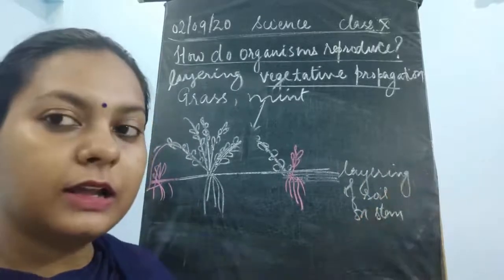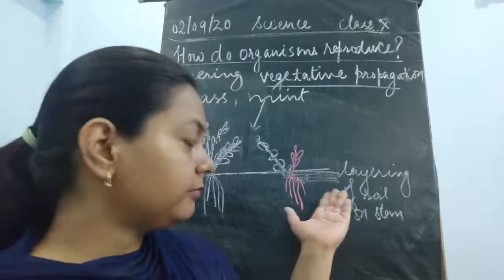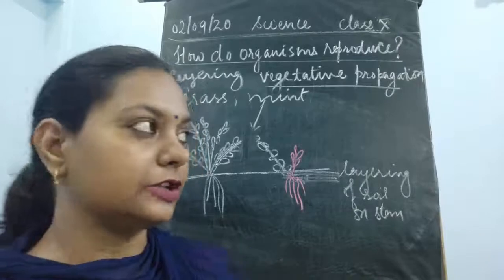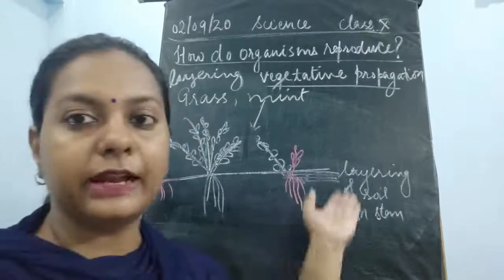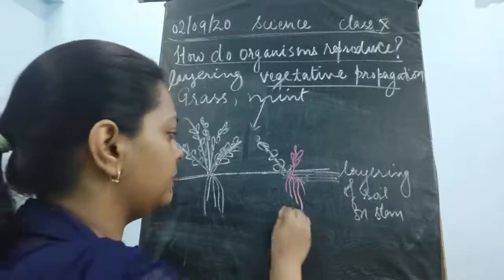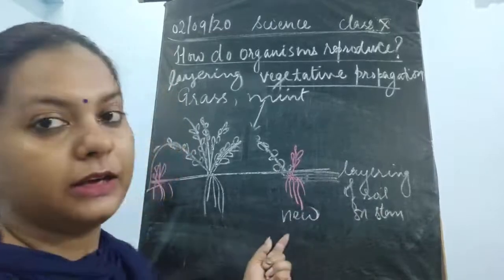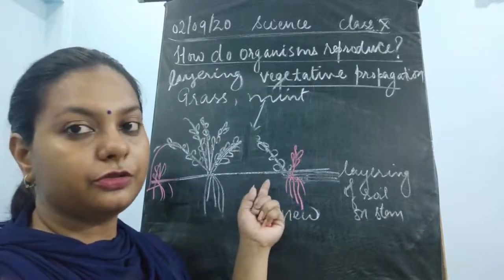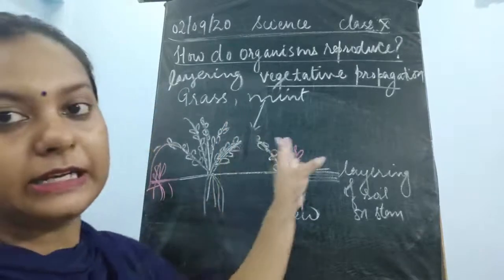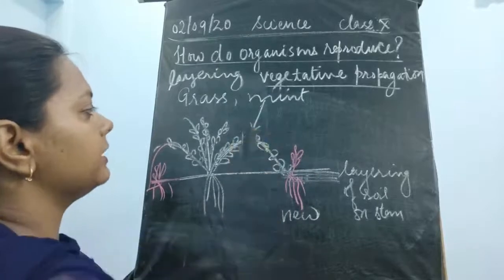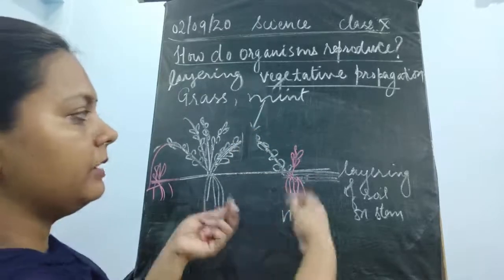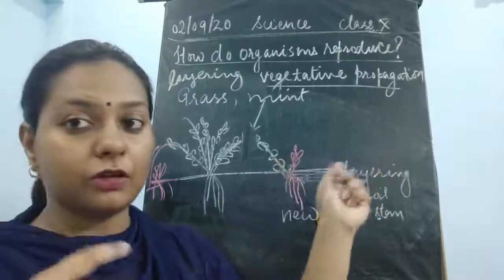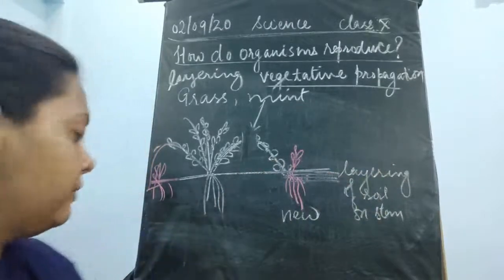We'll just put one branch inside the soil and we'll layer it with the layers of soil and we'll leave it as such. Once the root and the shoot are developed in this new layered plant, it is going to grow independently. The parent plant is detached. We will cut the stem and again this is set free. Okay, we can take it out from here and we can put it somewhere else also. Even in the same manner, we can layer the branches of this particular plant at different places.